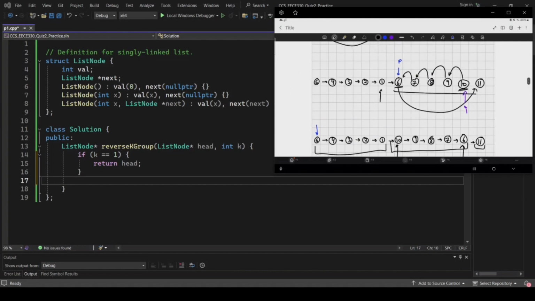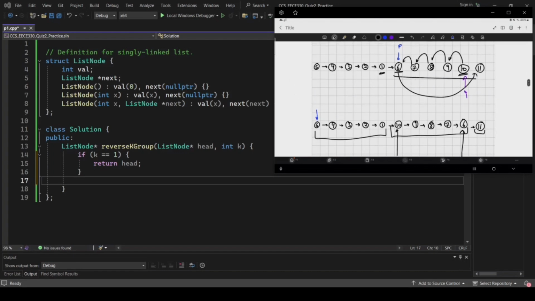So take care of those 5 nodes, but this extra node, which is actually the last node in the previous chunk, we're going to have to take care of this. This function is not going to take care of it. So hopefully you got the logic. We pass the starting node and the ending node. We give it to this function. This function takes care of the nodes in between. And we're going to have to be careful about this. And we're going to have to be careful about head. Remember those 2 observations? You have to be careful about the last node in the previous chunk, and about updating the value of head. So anyways,